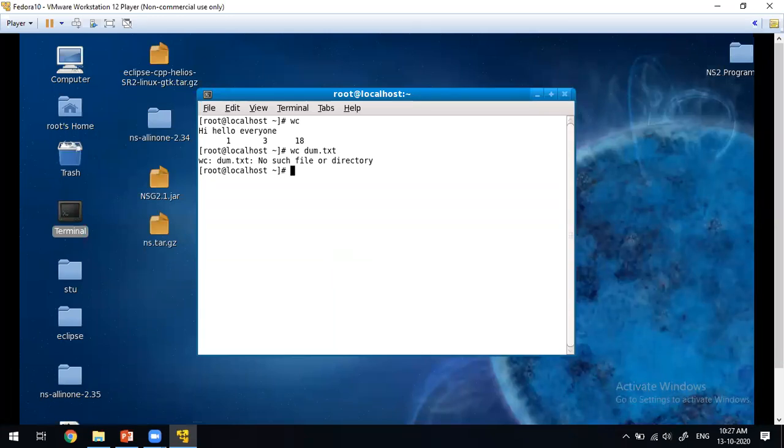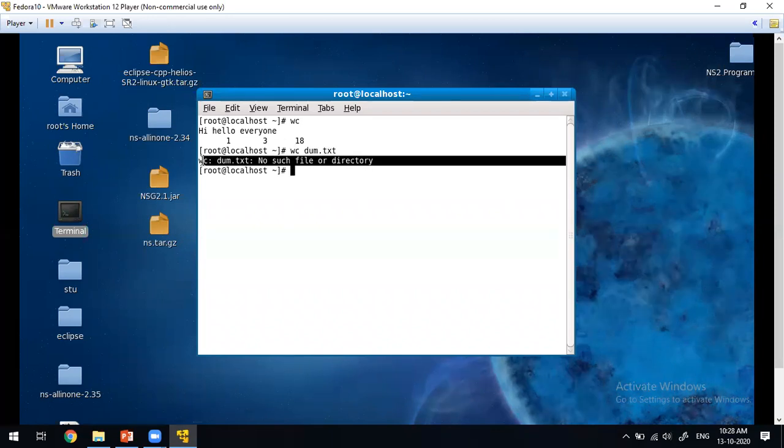Since it is not there, the standard error file will automatically throw the output of the kernel on the terminal. Since the default device of the standard error is also the terminal display, it is going to throw the output on the screen. This is the standard error file which has thrown the output on the screen. Who is responsible for that?